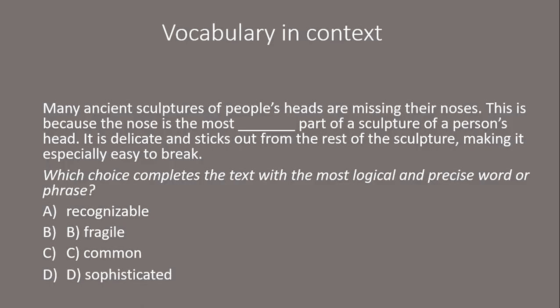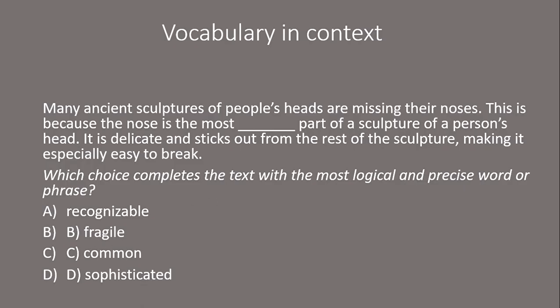So instead of getting a list of words to memorize the meaning, I will advise that you read or you practice. And as you do that, look at or underline certain words that are new or strange to you, look them up in the dictionary, and you will retain that meaning better. Plus, the text itself will make more sense to you. Now, that being said, why is option B, fragile, the correct option?